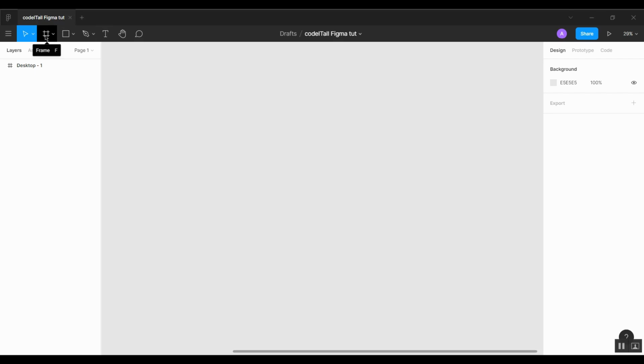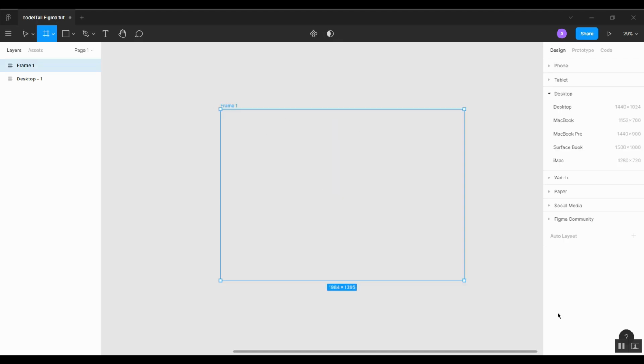So go to the frame option. You can either click it or use a keyboard shortcut. I personally prefer using keyboard shortcuts as it makes it way easier than coming all the way here, clicking it. So when you see the keyboard shortcut, don't go click it and think that next time you'll use the keyboard shortcut. You see it's F, so push F on your keyboard, and you can either drag it like that